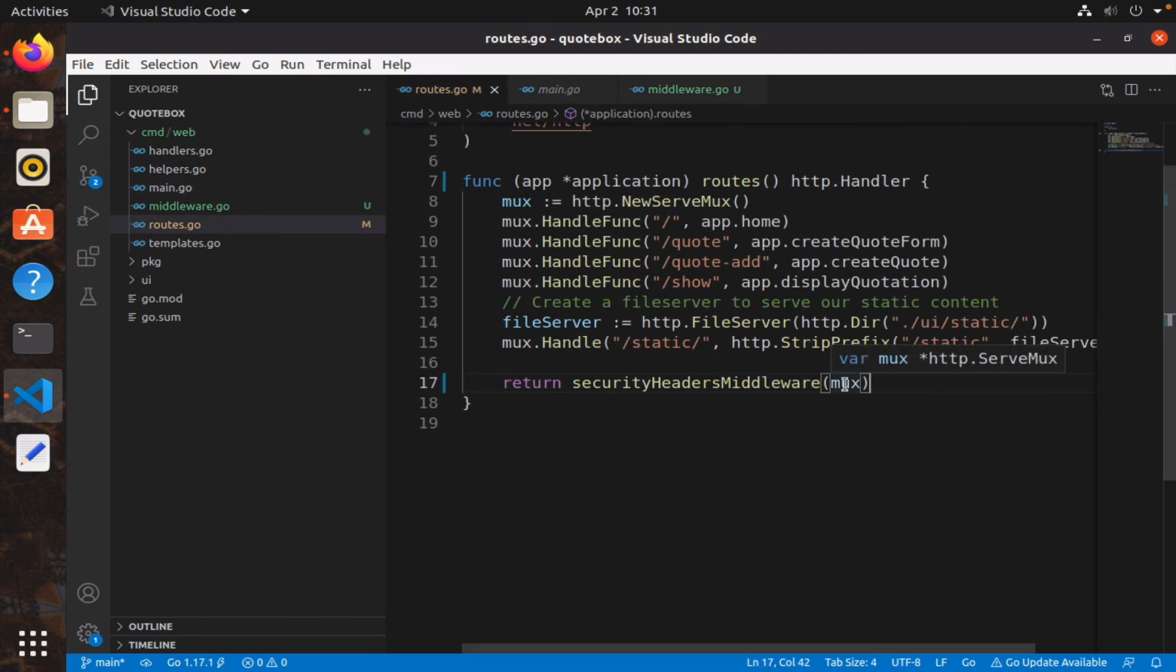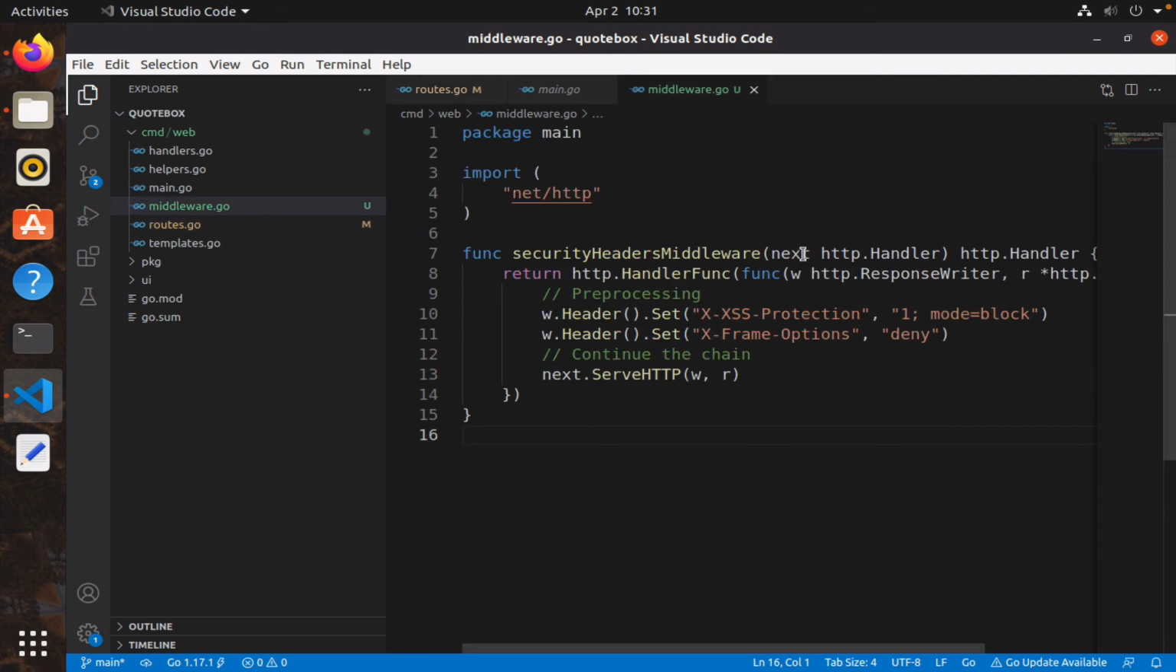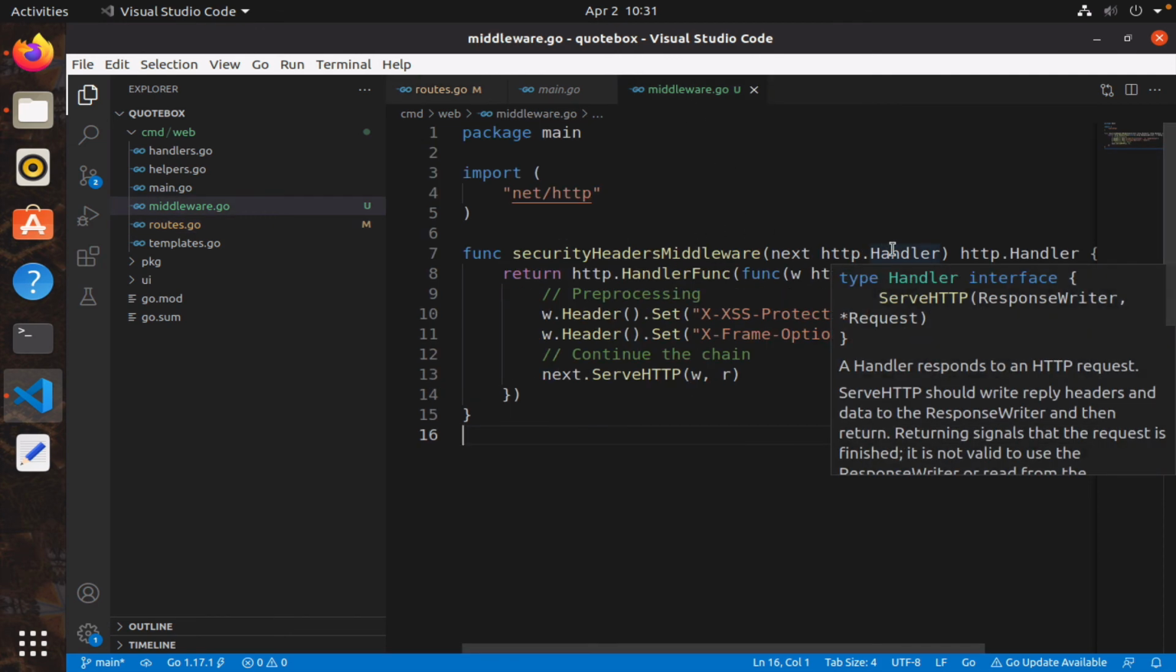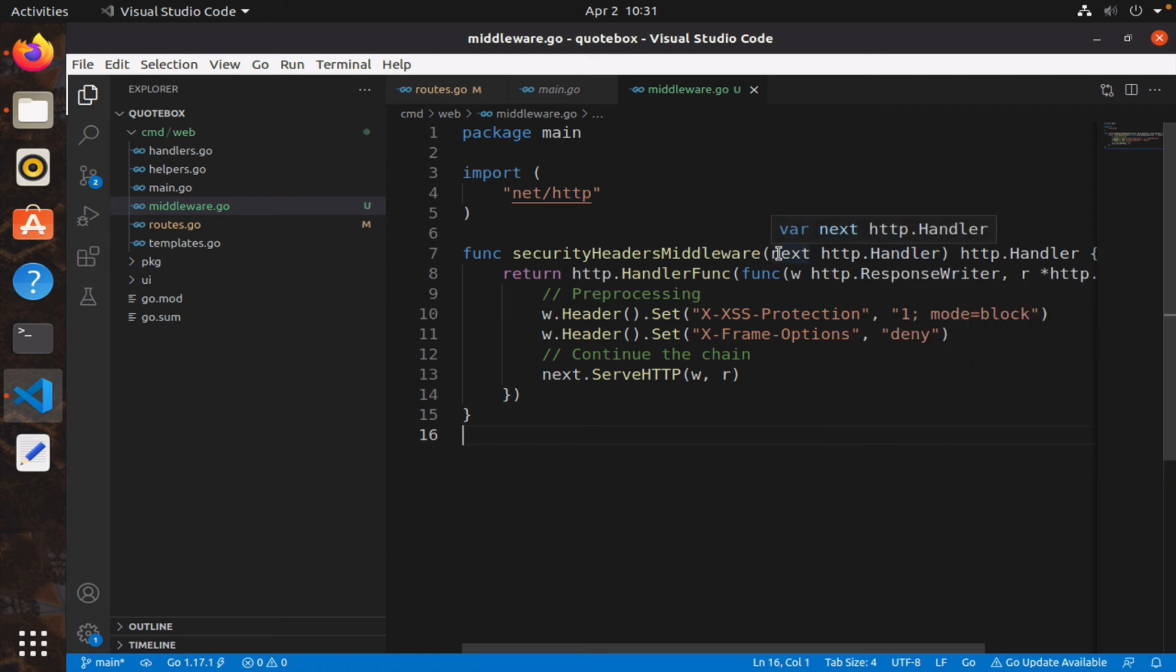Remember, even though mux is of type http.ServeMux, it's still a handler because it has a ServeHTTP method, as I just showed you. So it's quite an acceptable argument. And so I'm going to take this mux, and what I'm going to do with the mux, I will call its ServeHTTP method